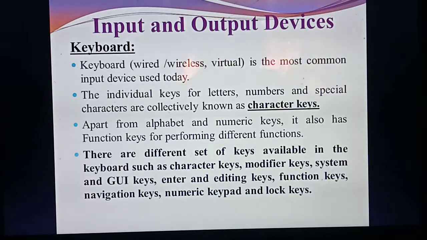Understood? Okay. Up to this you need to write for the 5 mark question. From where to where do you need to write? From functional components of a computer: the introduction with 4 points, then the diagram you need to draw, then explain the input unit, then the CPU with the ALU and control unit inside, then the output unit, then the memory unit with primary and secondary memory. Up to this you need to write for the 5 mark question. This is a very important 5 mark question.